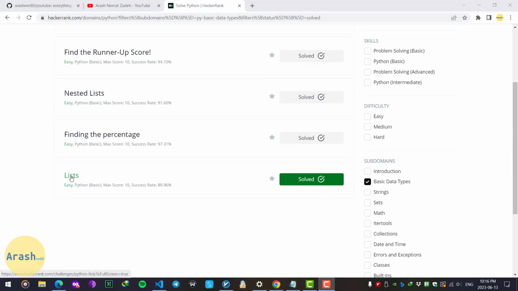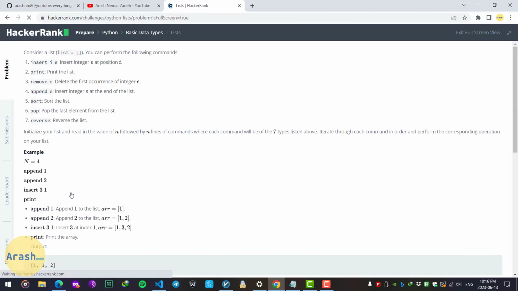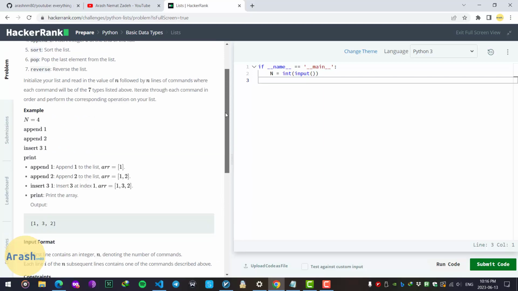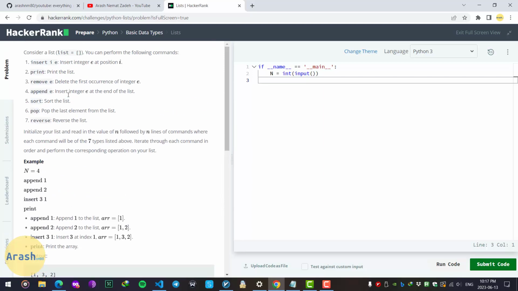The next one is lists and it is in the easy category. It's going to teach us how to use list functions in Python, functions such as insert, remove, append, sort, pop, and reverse. Alright, first of all, it is going to